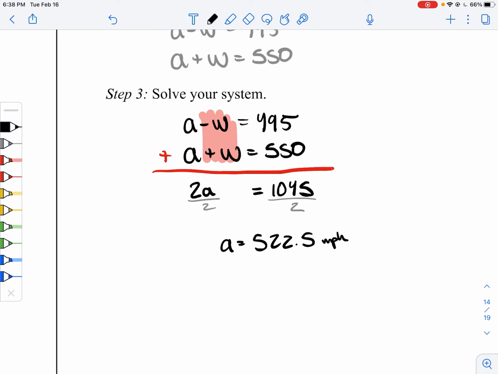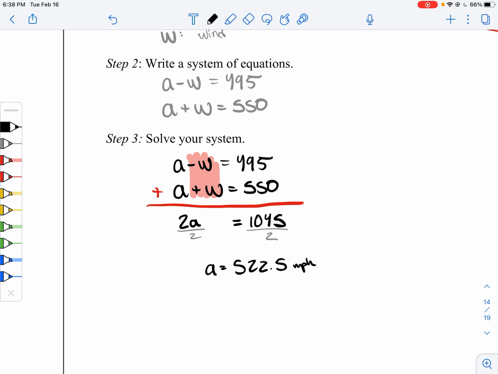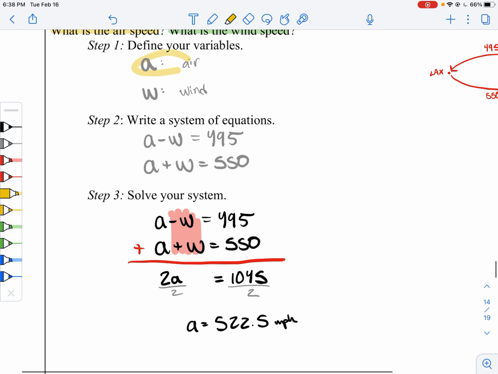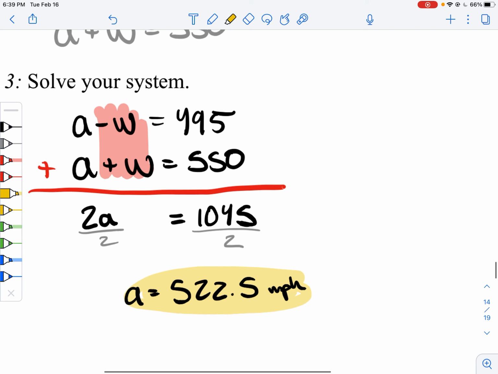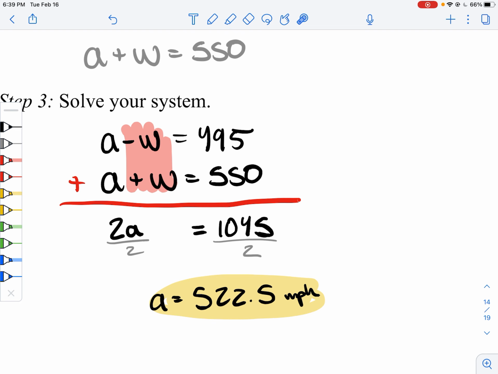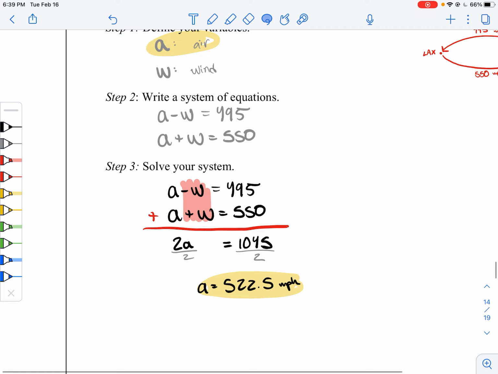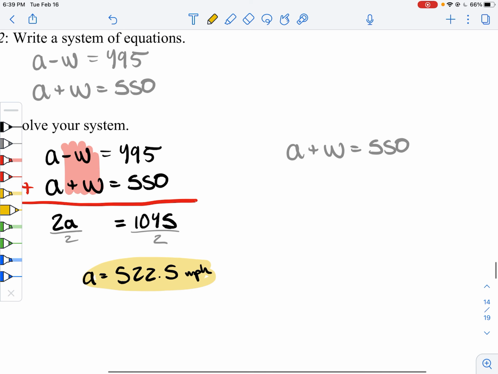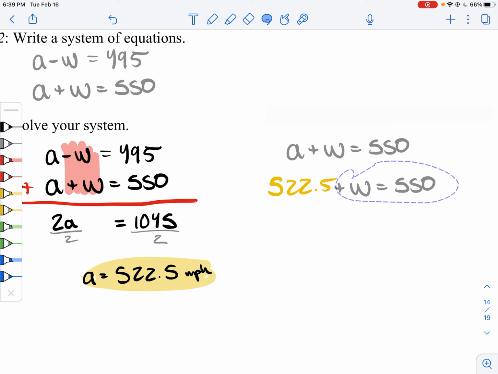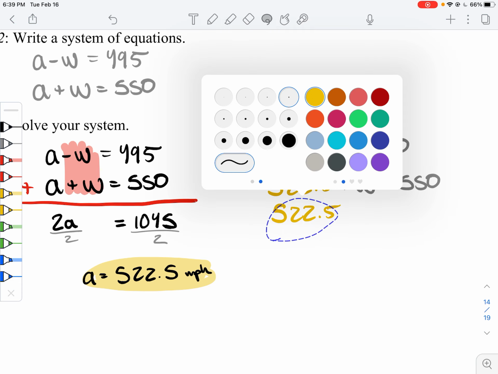But either way, the wind is working for or against us. So we know our airspeed. Let's plug this in to one of our equations and figure out what the other one is going to be. I like positive numbers, so I'm going to go with our second equation. Of course, you can do the other one if you want and see if it comes out the same. So that gives us 522.5 plus W equals 550. We subtract 522.5 from both sides, giving us,